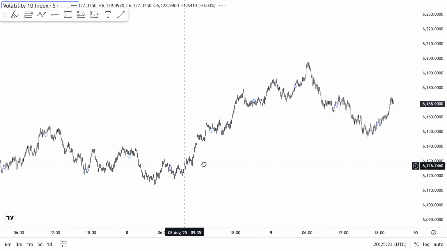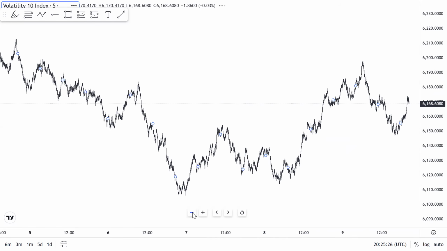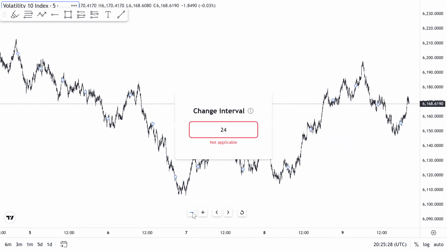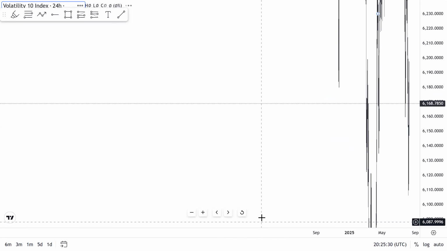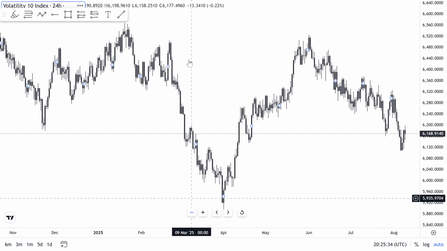Remember what I said: when you're trading, you want to first of all establish a direction. Establish a direction when trading, because you can't just enter the market and trade anywhere. It doesn't work like that. You want to understand where price is coming from and where price is going.